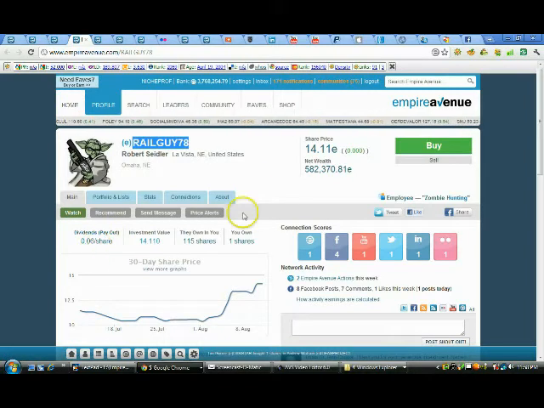And by the way, as of right now, the P3 plugin that we have been using, developed for Chris Perillo by one of his friends on the Avenue, is not adapted yet to the new format, and it may or may not be. I think we're awaiting word on that. But they do give you your dividend share, and you can do a real quick eyeball calculation there. The other thing you can see readily here without having to go into your portfolio is what they own in you and what you own in them.